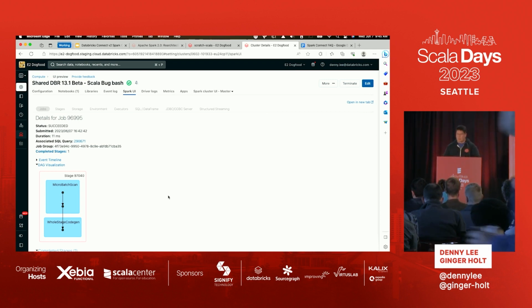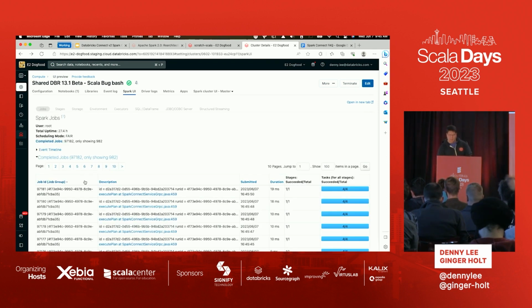All right, so what you'll notice here, same principle, if you look at the UI, that query comes in as an execution plan against the Spark Connect Service over gRPC, okay? So now I'm able to have my IntelliJ IDE connect to my Databricks instance to run this query.